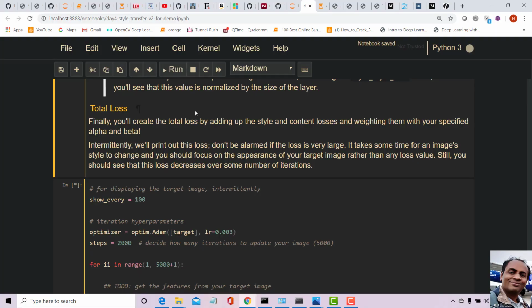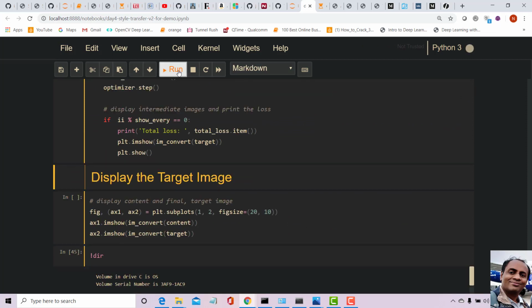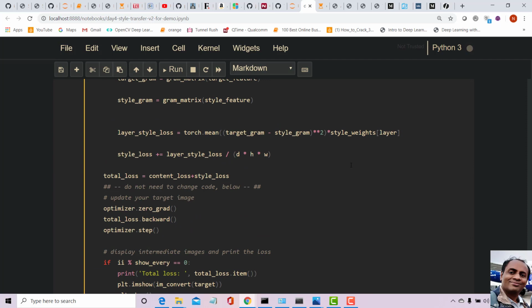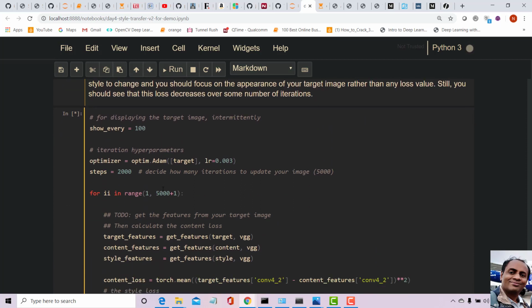Okay, so now let us run this. It is going to take a long time. Started running and I'm printing the loss. Say I'm running for 5000 iterations, but you could run it for fewer. And what is interesting here is, note that we are not changing anything in the VGG network. We are just simply using the features of the VGG network, and what is being updated as we train is not any neural network. Here what is being updated is the image. That's an important thing to remember.